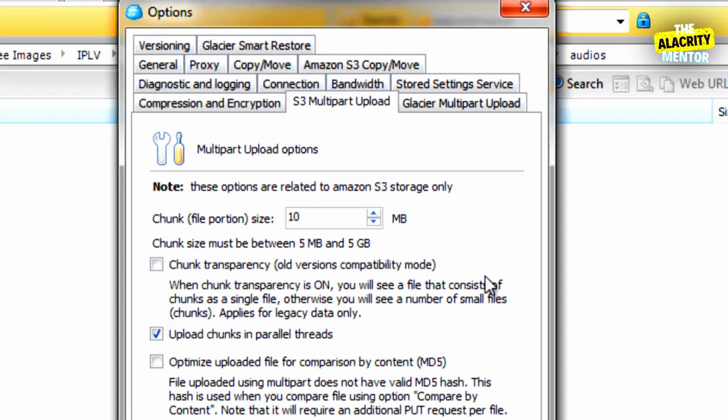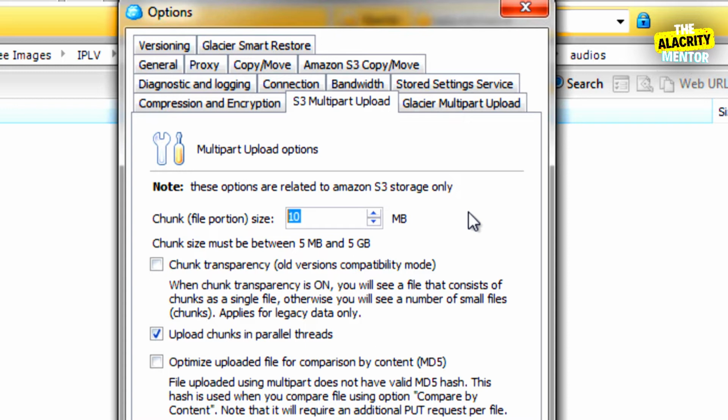But what's nice about Cloudberry Explorer, and I know S3 Browser also does this, is it uploads in chunks and parallel threads. So what that means is it's going to take that 200 megabyte file, let's say it's a zip file, split it up into chunks, let's say 10 different chunks, and then upload those chunks. By doing so, it's going to actually speed the process up.